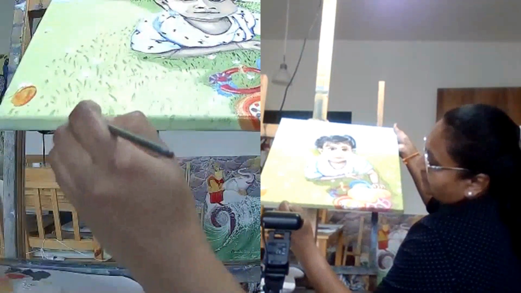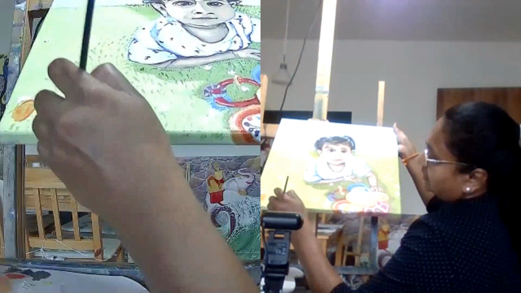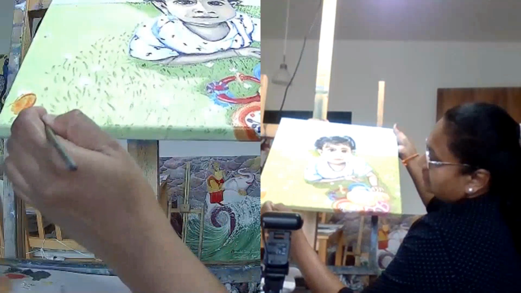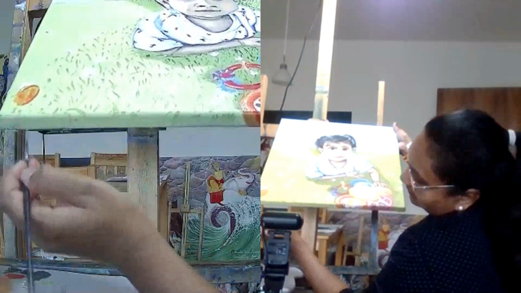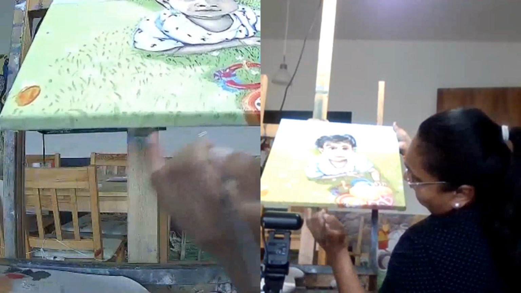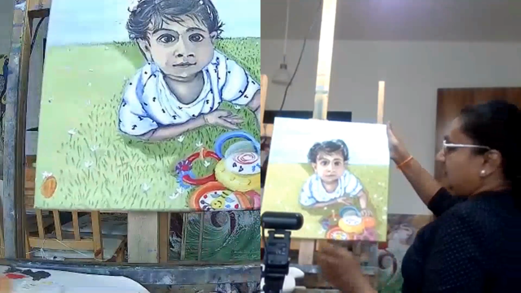If they end up like a thicker one like this, try to make it look like a folded thick grass or something. Yes, I have done here.